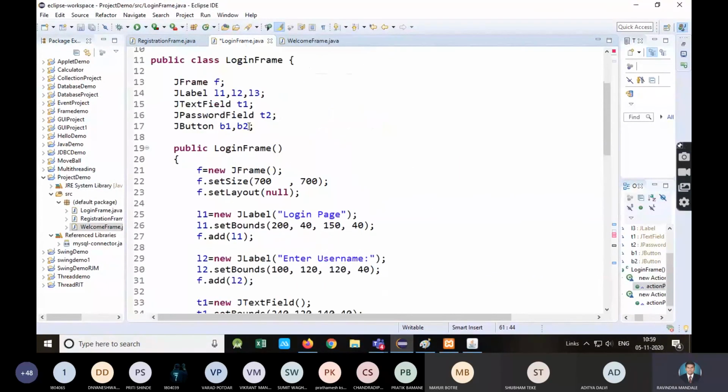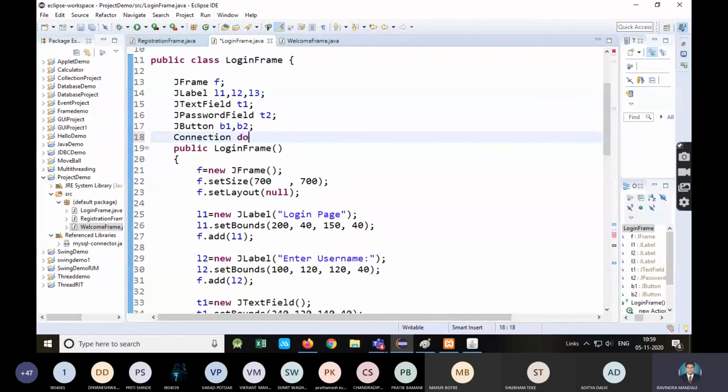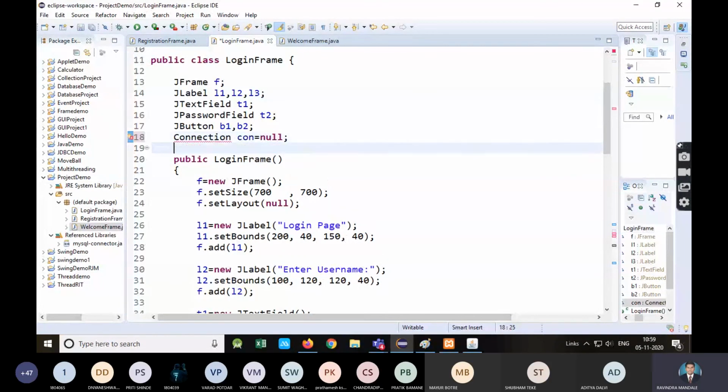Just declare connection and statement here at class level, and just import them.